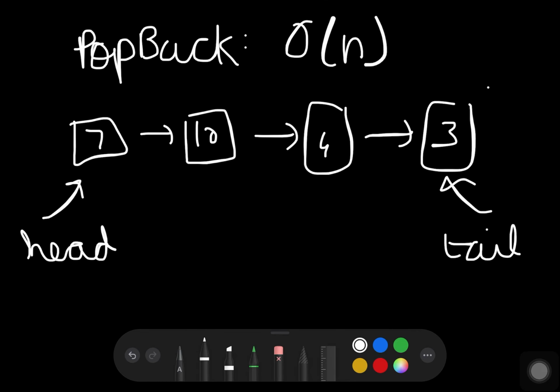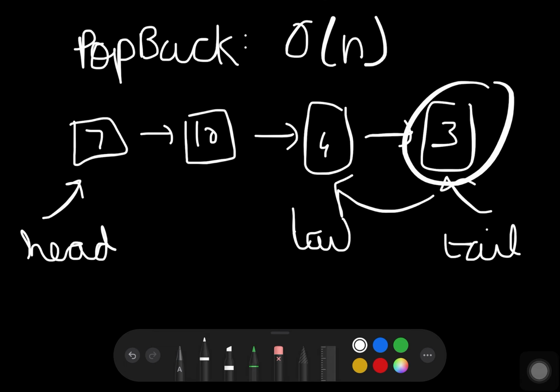We wish to delete this, but there is no way to point tail to this value because there is no previous pointer.